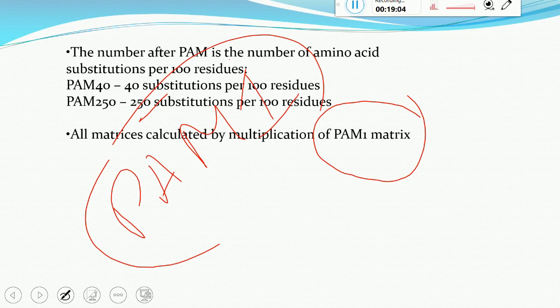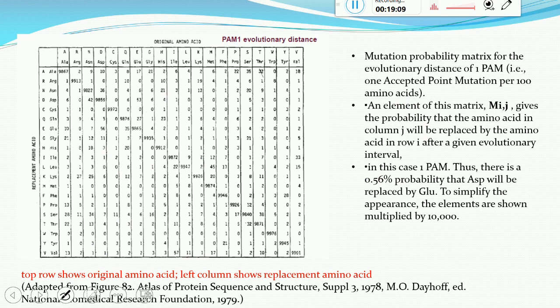Let me show you one more thing, how the final matrix looks. So this is basically how the final matrix looks. This is a PAM evolutionary distance. On this axis we have put the original amino acids. On this axis we have put the replacement amino acids. So these are basically the logarithm values which we have calculated on the previous slides for the mutational events, or for giving the value that alanine is being replaced by arginine. So there is one value, alanine is being replaced by arginine, this is the 4 value. So this is the PAM matrix, how it looks in the final form.